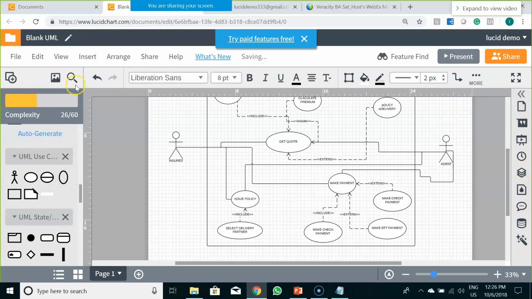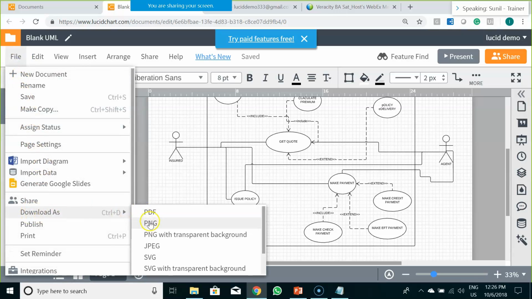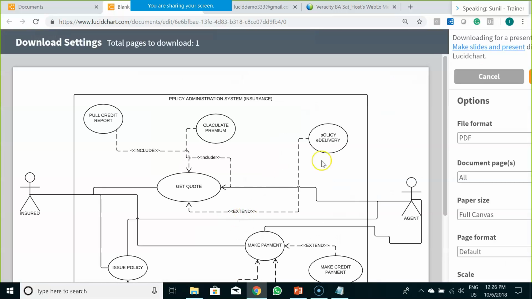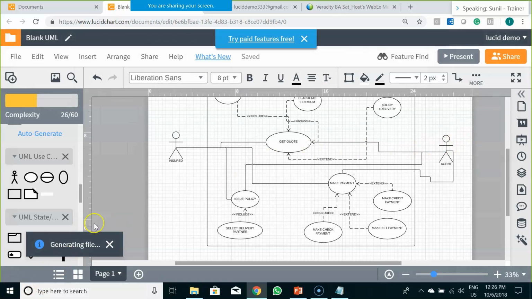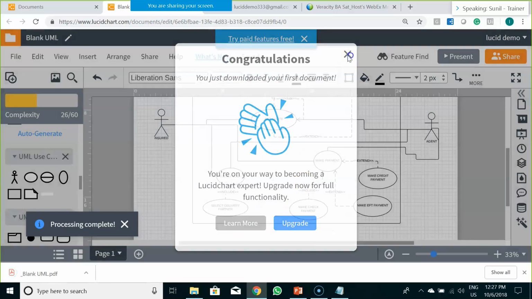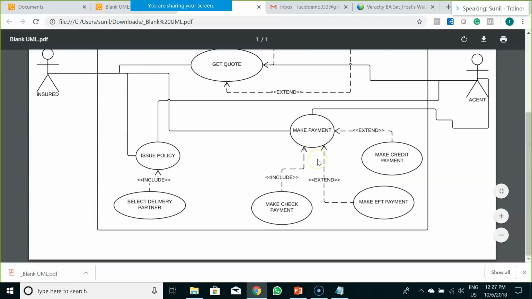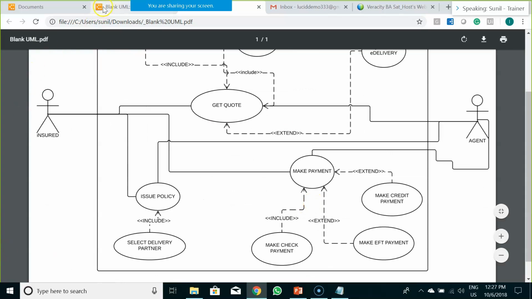Okay, and after that when you click on file, save as or download as, you can download it in PDF format or any image format. After you have downloaded that particular file, you can use that particular file in your requirement specification document, sorry, software requirement specification, BRD, or any XYZ document.